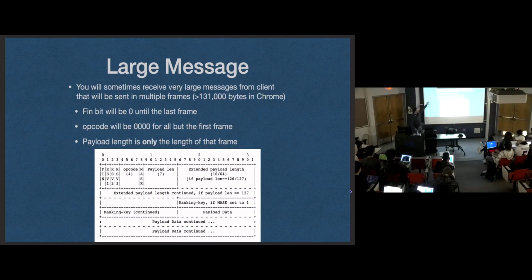I'll talk about this slide. So this is again, we're not doing this. We're not requiring this semester. But you might see this in your testing. Chrome, or any Chromium browser, when you go over 131,000 bytes in your message, Chrome will start splitting it into multiple frames. So don't test over 131,000, or else you're going to have to add more features to your server to handle this. Because we do need to go over